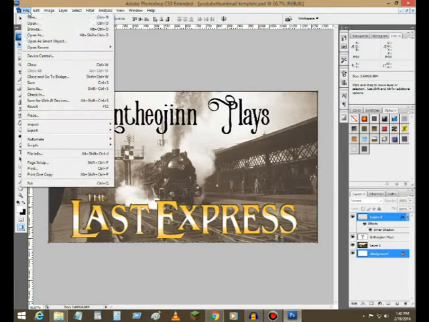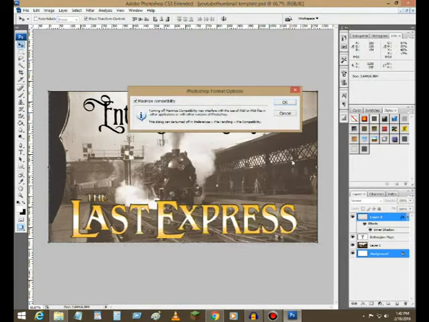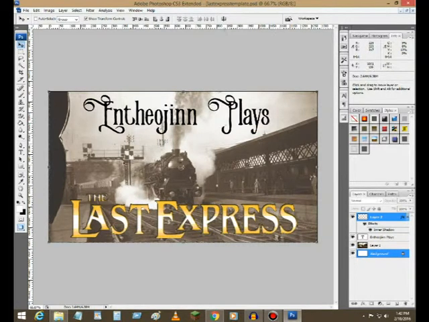So what I'm going to do is go to File and Save As, Last Express template. Okay, save it. It's going to ask how I want to maximize compatibility. Yeah, that's fine. So this way I've got a template. Now the issue becomes how do we